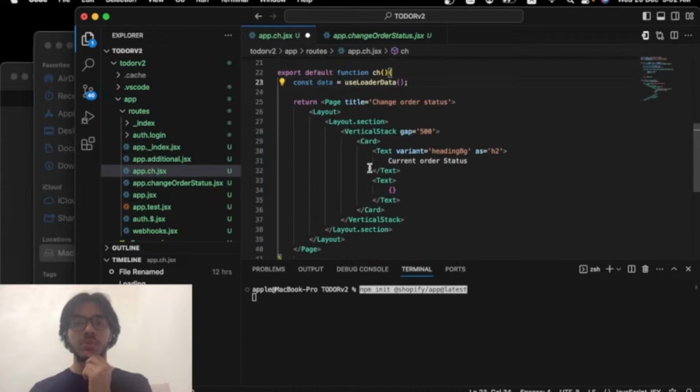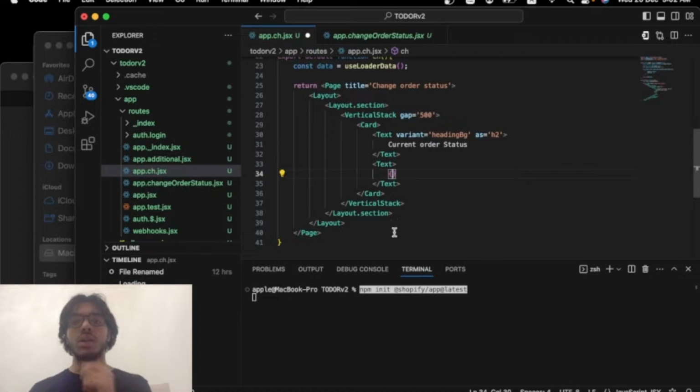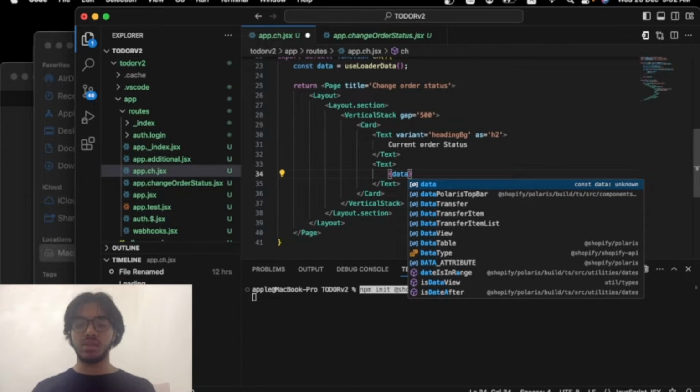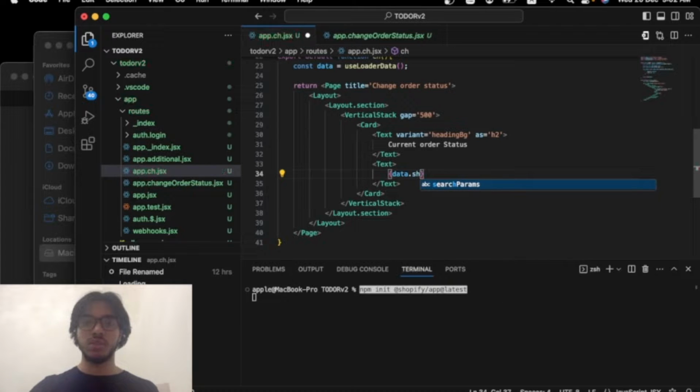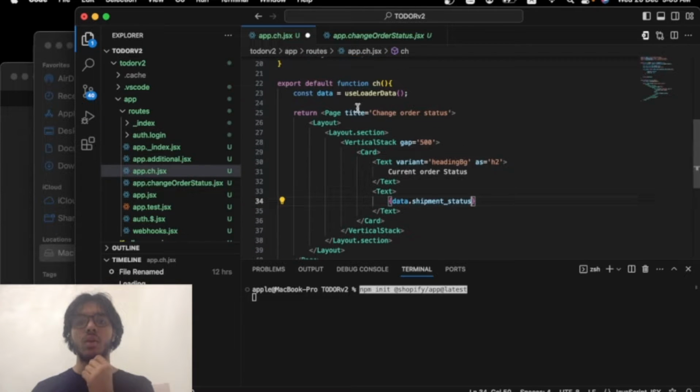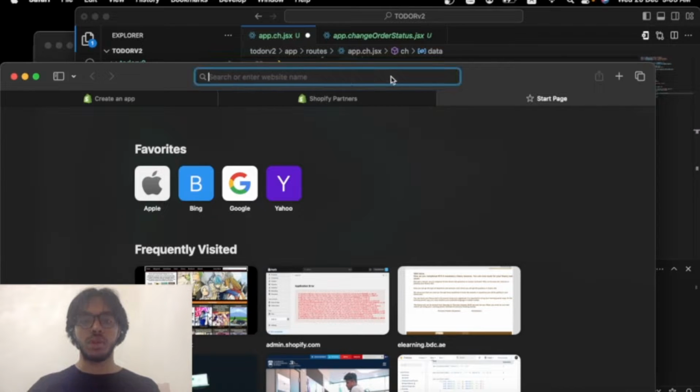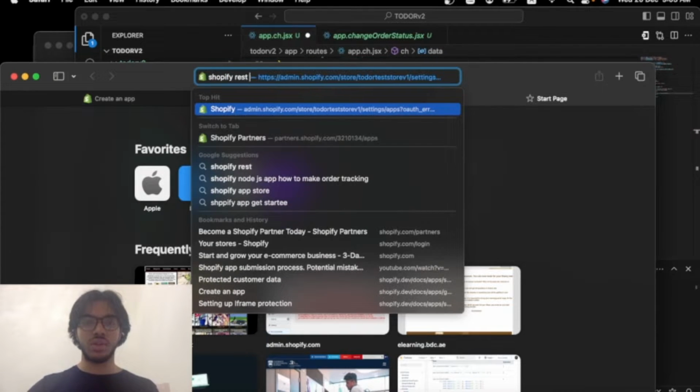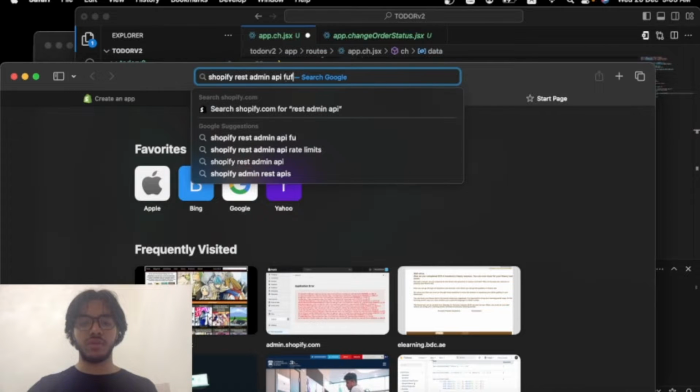Okay, so here we need to be able to access data.shipment status. I believe this is the right one. In order to see what all attributes this has, you can just head over to Shopify REST admin API fulfillment